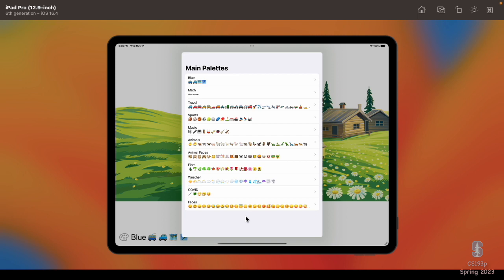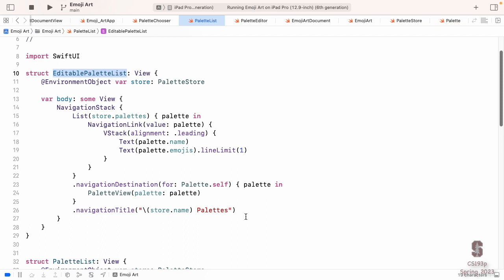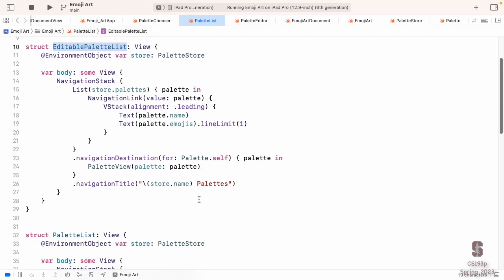And what we want to be able to do here is swipe to delete, and when we tap on it, we want to go to our palette editor. So we're editing the palette, and I want to be able to pick them up and move them around, put them in a different order. So when I cycle through, and I'm going to have a little plus button up at the top that adds a new one. So I'm going to be doing a lot of stuff here. It's going to be surprisingly not as much work as you might think. Let's start with the swipe to delete and moving them around.